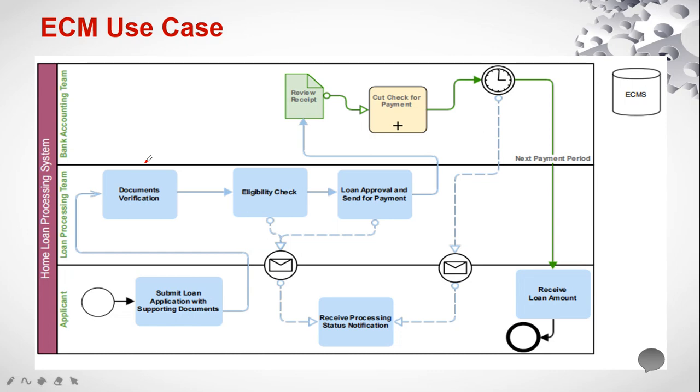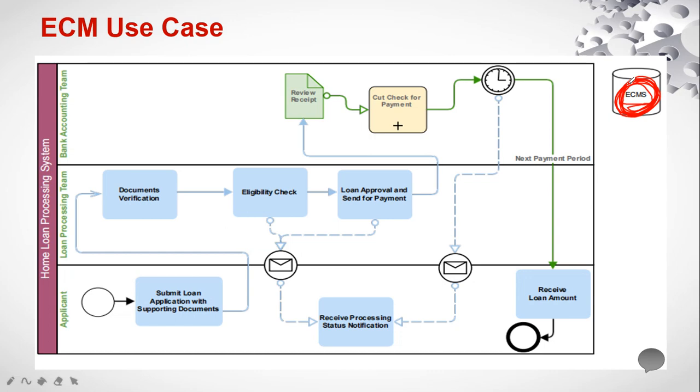So whenever I'm talking about ECMS, or Enterprise Content Management System, you can just relate these ECMS to Documentum. So ECMS may be any Enterprise Content Management System, and Documentum is one of them. There are other products available in the market like IBM FileNet, SharePoint, Oracle WebCenter, many products available. So one such product is Documentum. Whenever I'm talking about ECMS, you can relate to Documentum as well.